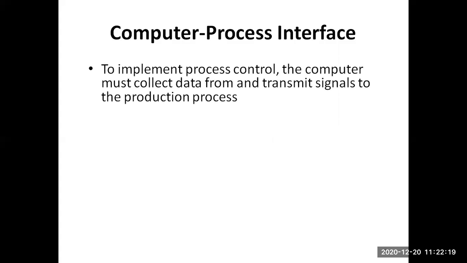Now, sensors and actuators are typically part of a computer-oriented process control system. They form the interface between the real world and the computer system, and they are very crucial in forming the closed loop system. To implement process control, the computer must collect data and transmit signals to the production process. Let's say there is a process, which in control system literature is called the plant. The plant can be a washing machine, an automotive system, or an air conditioning system. It has to be controlled, right? In order to control, we have to sense some information from it, and then based on the processing, we will actuate